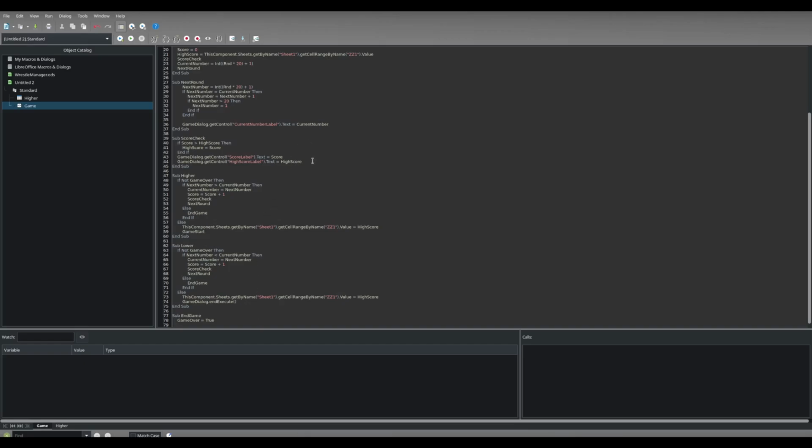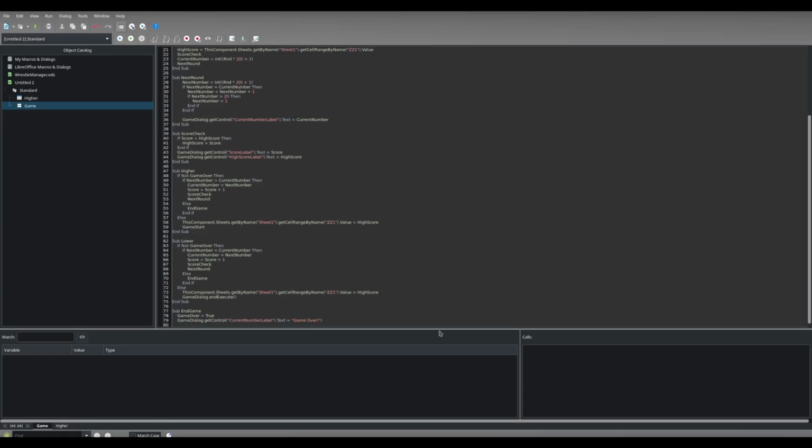So we want this, the game dialog, this, copy, this will then say game over, exclamation point, and then we'll want to change